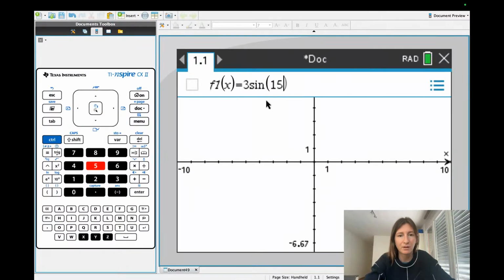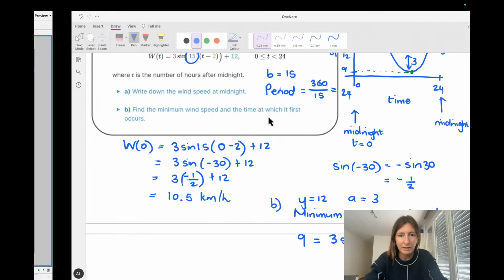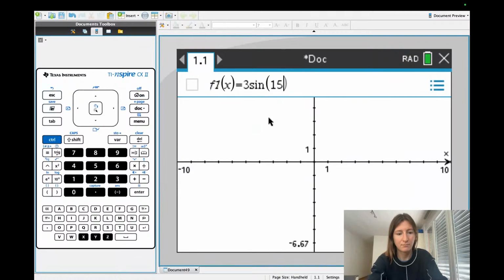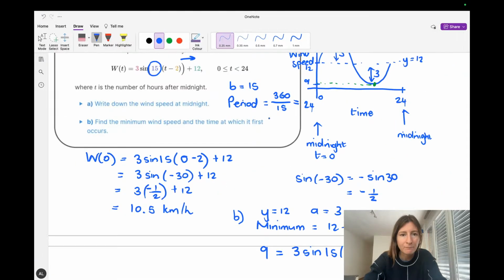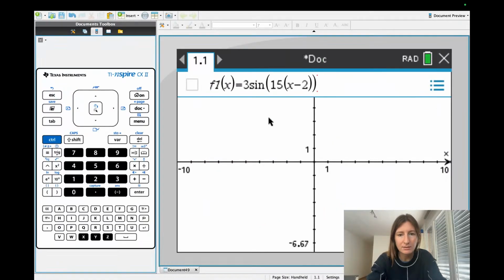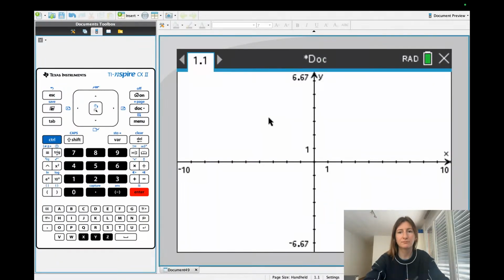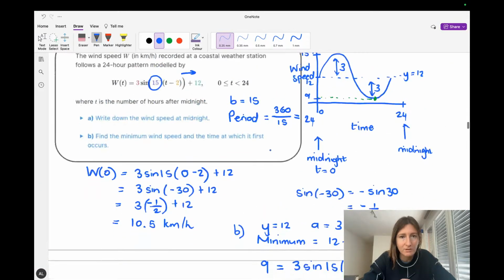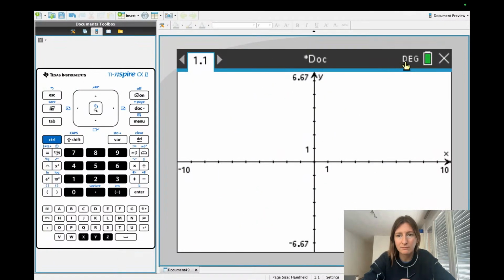If you're using the sine function, you need to use brackets, otherwise it won't recognize it. T minus 2. And we can't use t, we have to use x for our calculator. Plus 12. And this question, we were in degrees. Don't worry, we need to change our